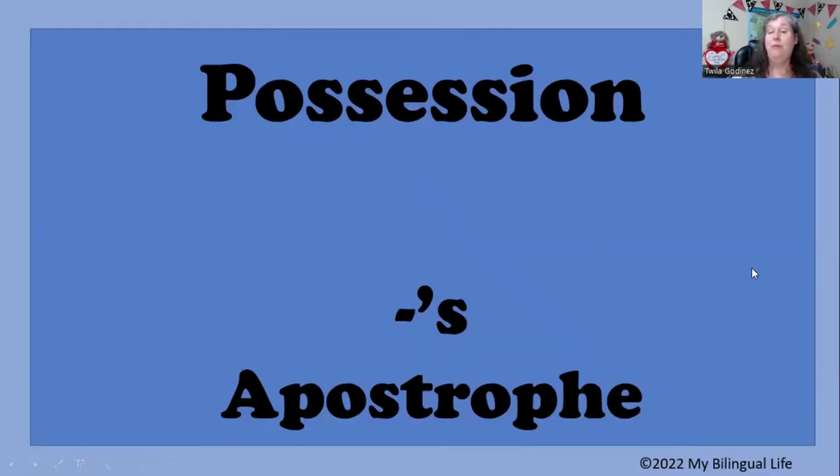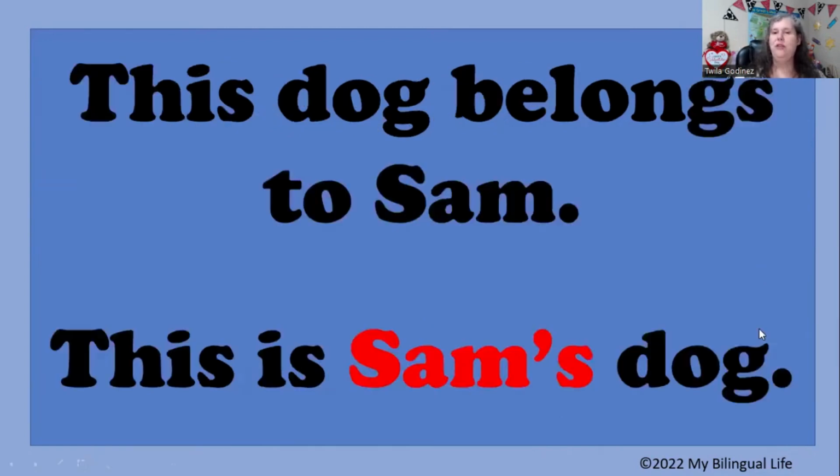Let's talk about possession, something that you own. In English, we usually use the little mark and an S. The little mark is called an apostrophe. We also use this mark in contractions. If I want to say this dog belongs to Sam, which is how we would structure it in Spanish,